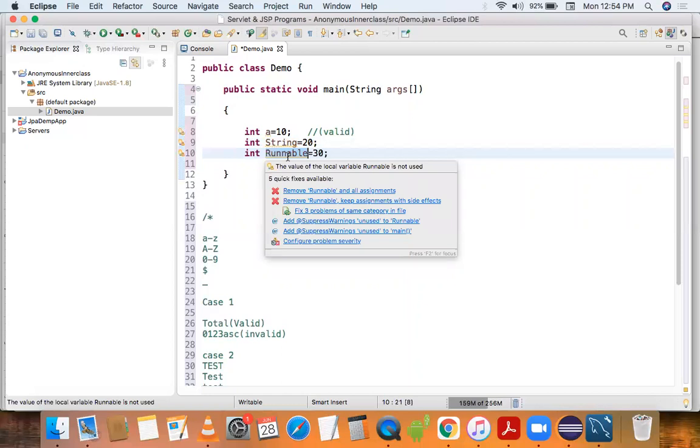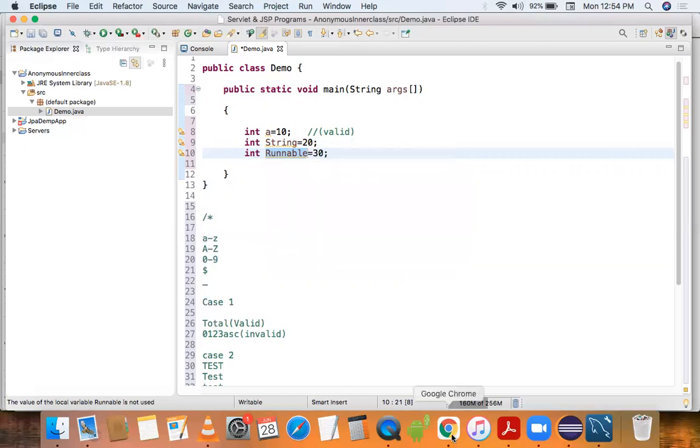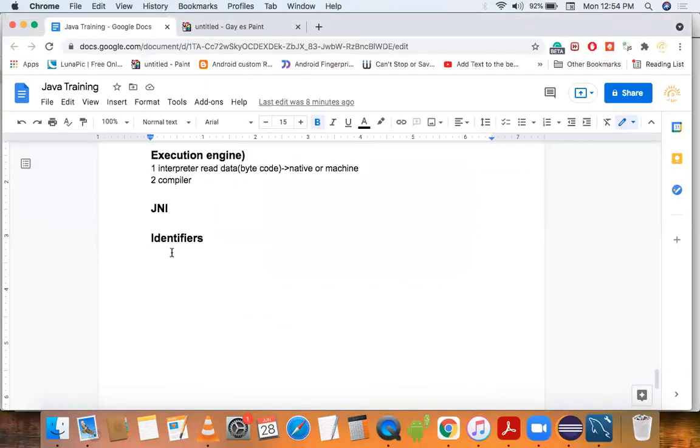Now we will discuss reserved words. So our next topic is reserved word. In Java, some words are reserved to represent some meaning or functionality.